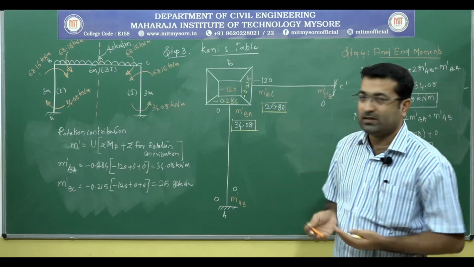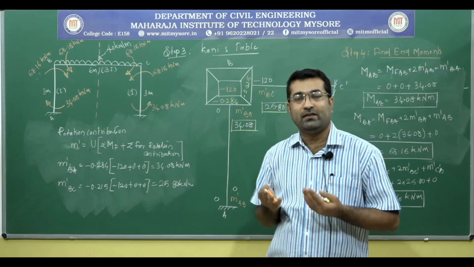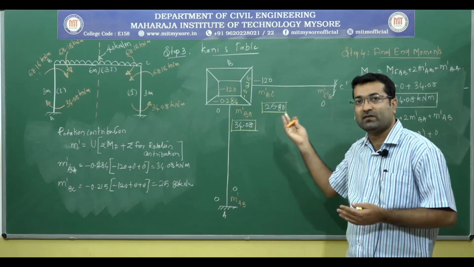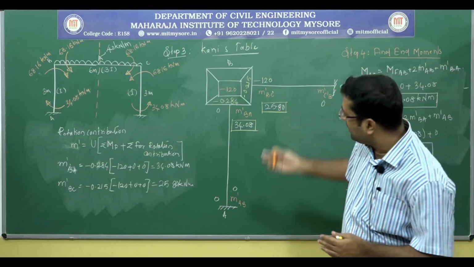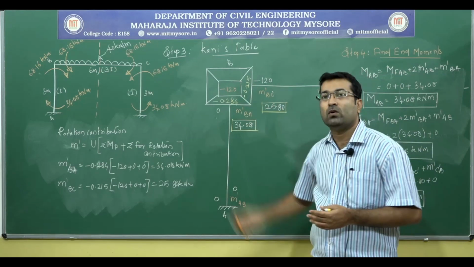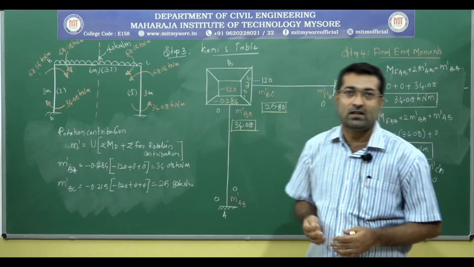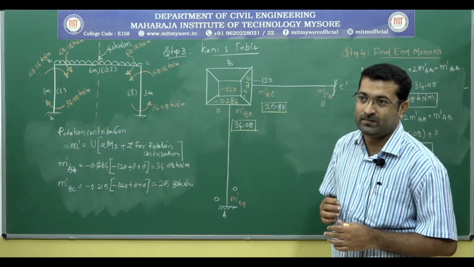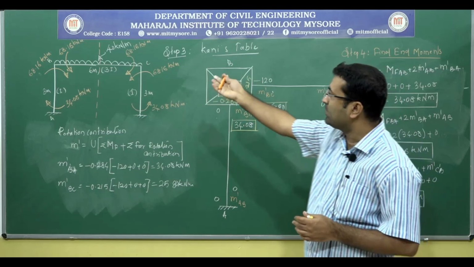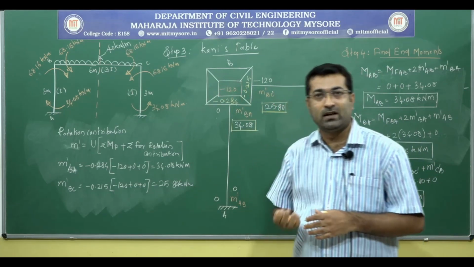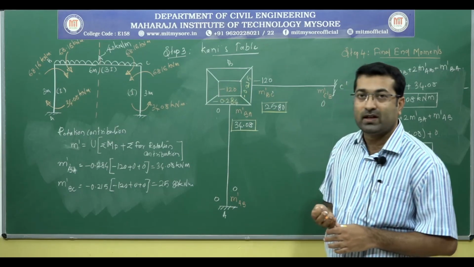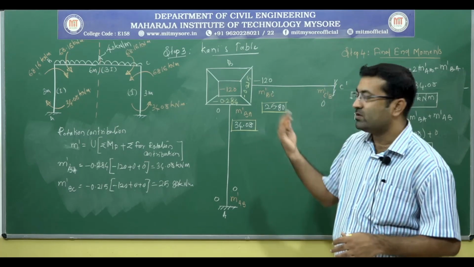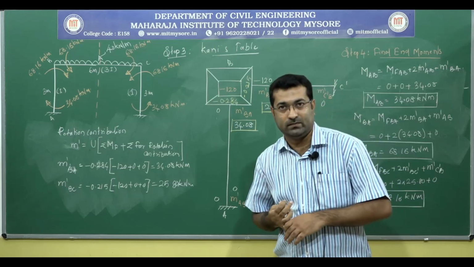Using this concept, we can analyze the frame very easily. We are considering only the half part, so most of the calculation has been reduced. You can see we can wind up with only one cycle. We will get the answers with only a single calculation, right? Once we know the final end moments, the next part is the estimation of the support reactions and the maximum bending moments, which we can do very easily. So I suggest you continue with that part, right?